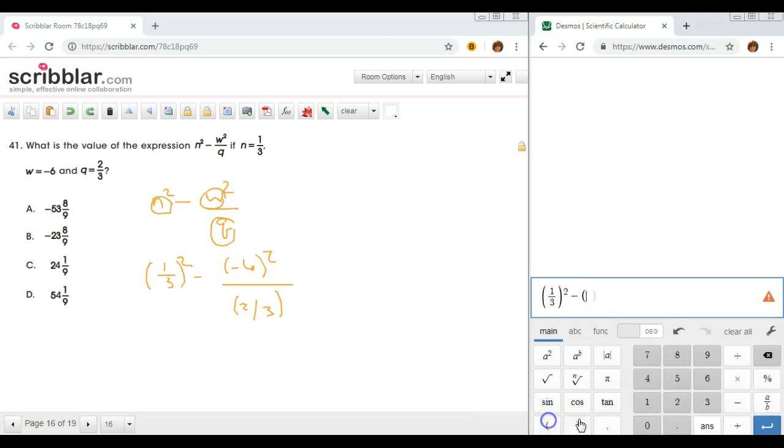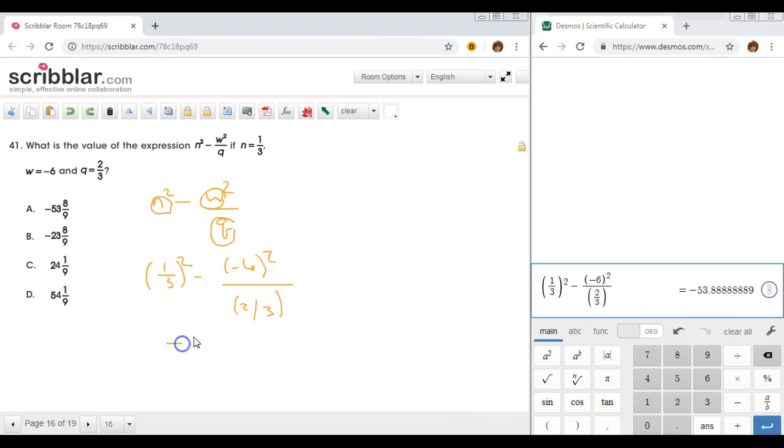Minus parenthesis negative 6 and parenthesis squared again, and something weird happened. I think I hit parenthesis and was outside of it. I'm going to erase and fix this. Yeah, for some reason it put me outside. If you mess up, just erase, and then I'm going to click inside to put the negative 6 squared again. And then we want it to be a fraction, so we hit the fraction button, parenthesis 2 divided by 3, and end the parenthesis by clicking to the right, and we get negative